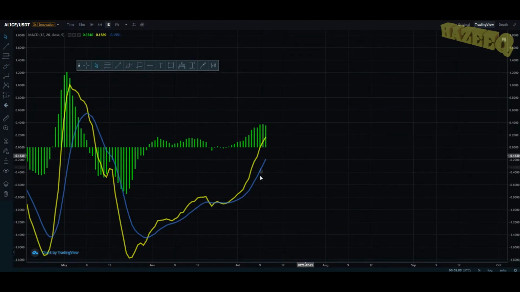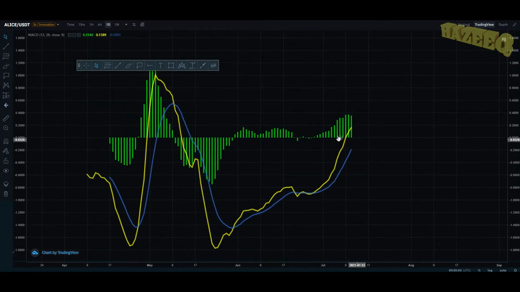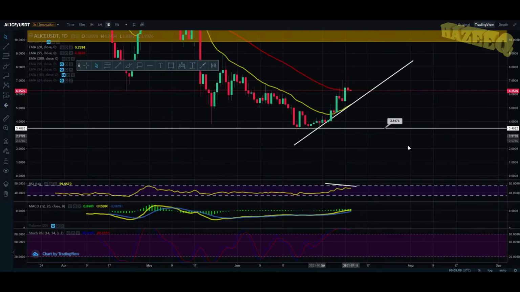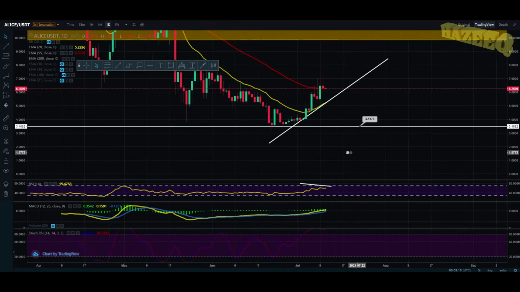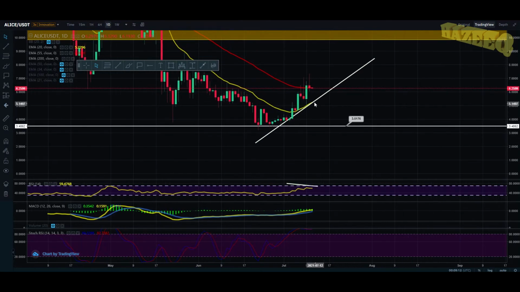So as you can see, the MACD, we're starting to get above the histogram, just barely getting there. And we are a bit overextended on the MACD. So the moving average, the yellow line, is far away from the signal line, and that is an indicator of a reversal or an impulsive wave to the downside. So we are going to expect some downside, and I would give you a nice buy-in order over here off the 20 EMA,